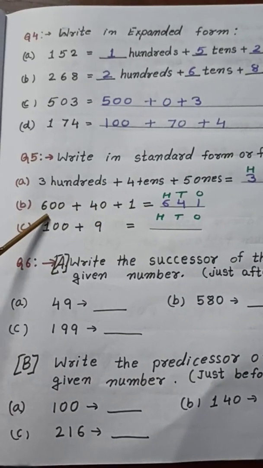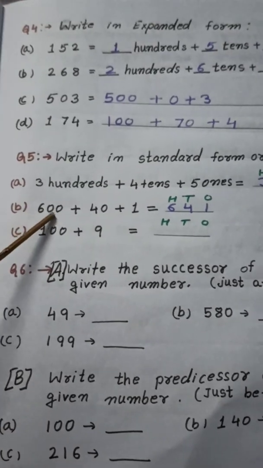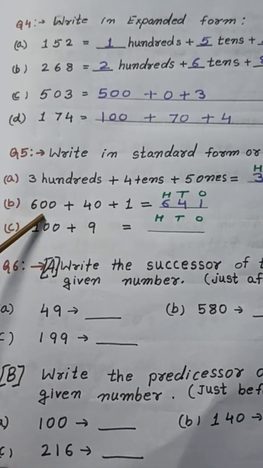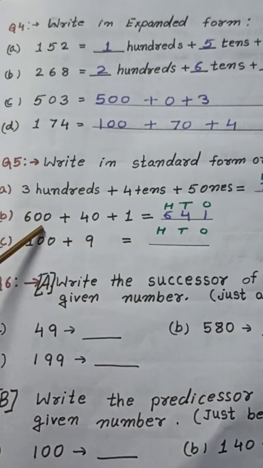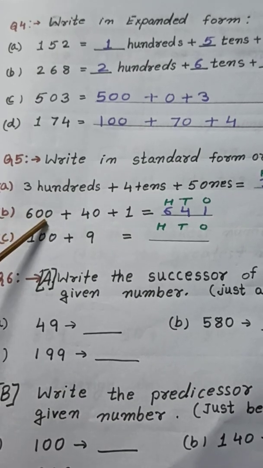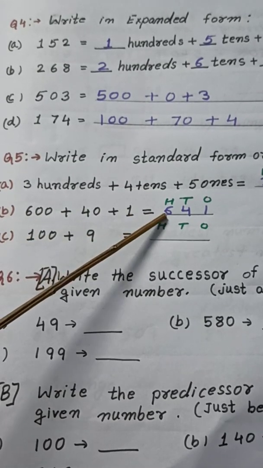Similarly, this way will be asked. Then don't be confused, children. Here is 600. So always, before writing the number, you have to put the place and then you have to see 600. So we will write this number on the 100 place. So here I have written 6.